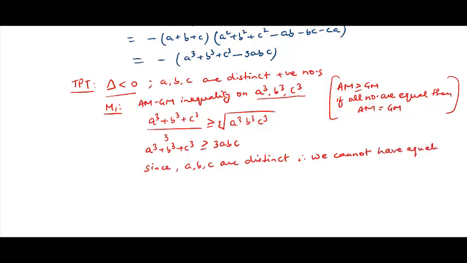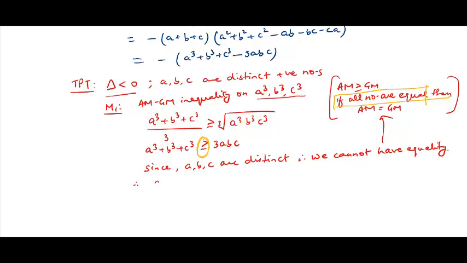Because equality case in AM-GM holds only when the numbers are equal. AM will be equal to GM only when the numbers are equal. So since the numbers are given as distinct, they cannot be equal, and if they cannot be equal, AM cannot be equal to GM, which means we cannot have the equality at this position. And as a result of this,